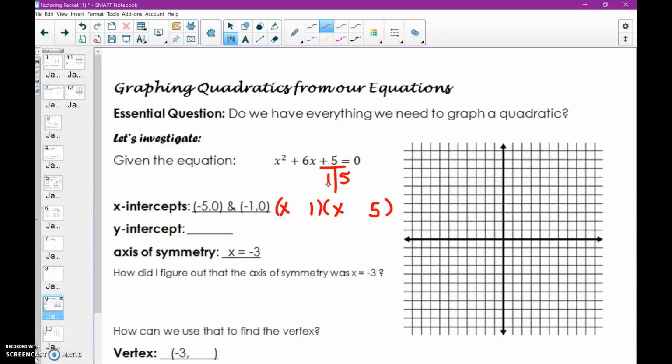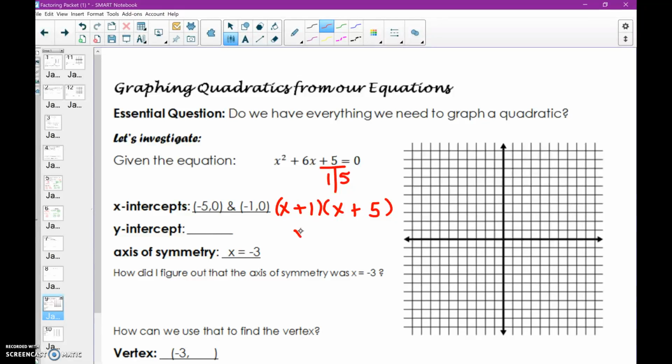Now I know that it has to multiply to get positive 5, so it's going to have to be the same signs, either positive times positive or negative times negative. Those are my only two options. Since I also need it to add up to positive 6 though, I'm going to put positive 1 and positive 5 there. So there's my intercept form of my equation, which matches up perfectly with my intercepts